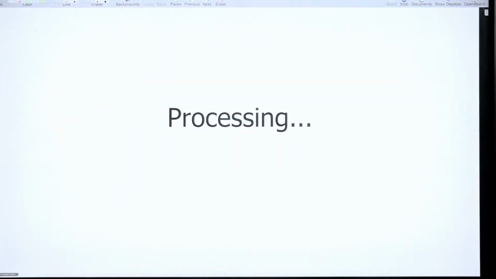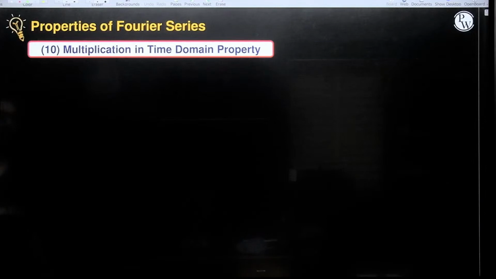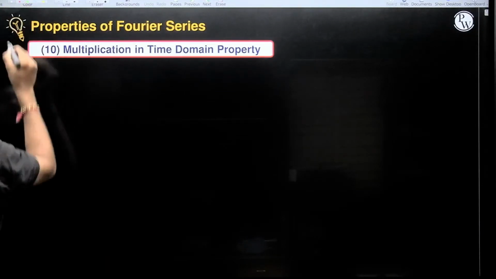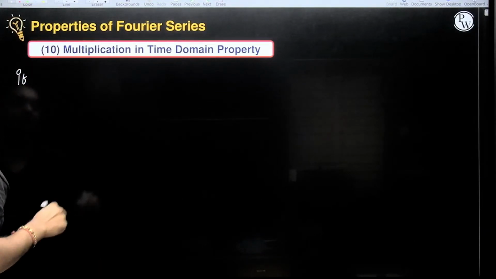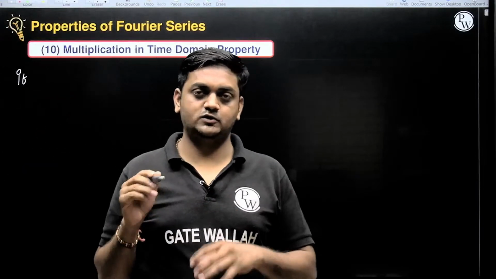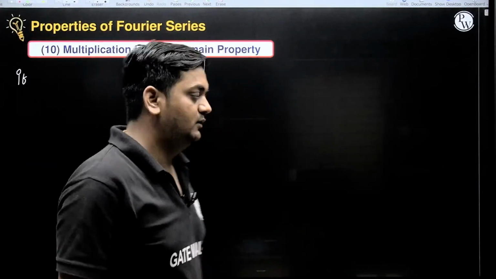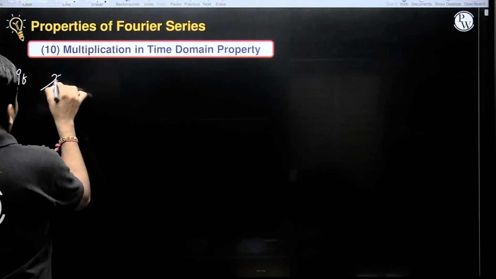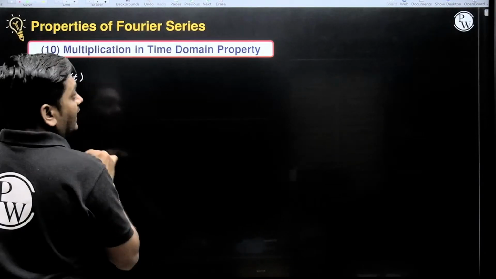Next is property number 10, the multiplication property, the opposite property. Vice versa, guys: multiplication in the time domain corresponds to convolution in the frequency domain. Okay, suppose the Fourier series coefficient of x of t is